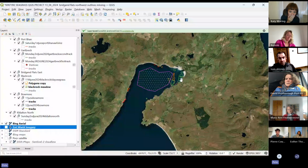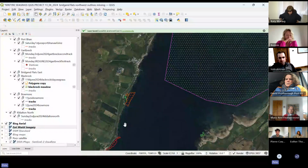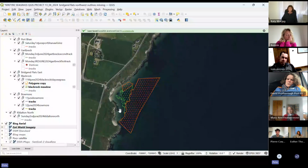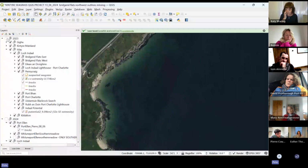So what we do is this red area was one of the old records from Scottish Natural Heritage. Went in there 4 days last year. That's Port Charlotte. Didn't find any seagrass, but we recorded where we went, and now we know there's actually no seagrass there, which is sad. But as Katie said, we've lost 90% of our seagrass in the UK. This is Port Ban, which is the closest that we found to Bruichladdich. Again, this is an old record confirmed by one of the founders of Project Seagrass a few years ago. He just did Seagrass Spotter uploads, and then I went in and mapped it. And then the orange area is suspected seagrass because you can see, if we take it away, the green area is seagrass and then it just carries on out, so we would suspect that the orange is seagrass, but it could be